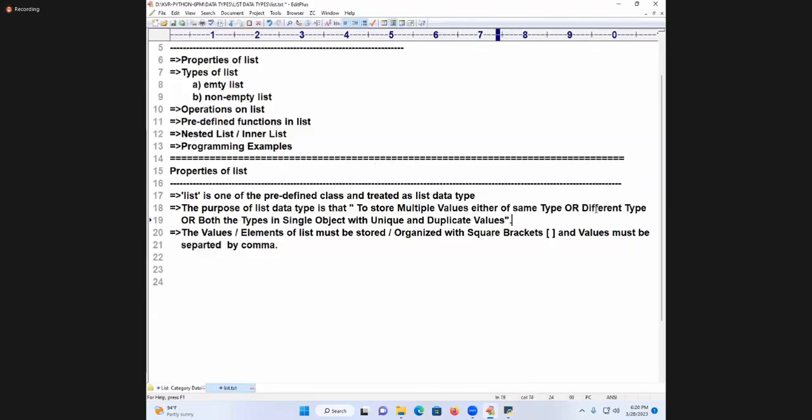Multiple values of which type? Same type, numeric data. Different type: numeric data, string data, Boolean data, complex data. All types of elements are there, with unique as well as duplicate. Organized within where? Square brackets. Very good. Now, an object of list